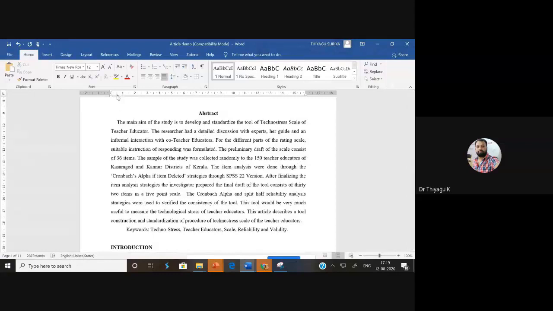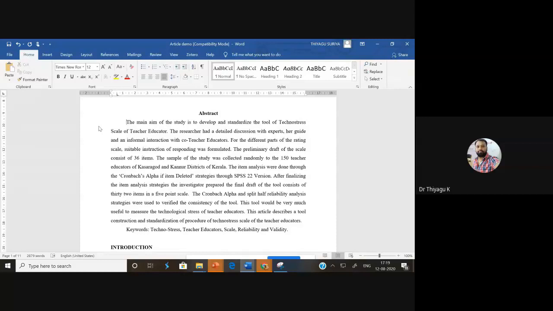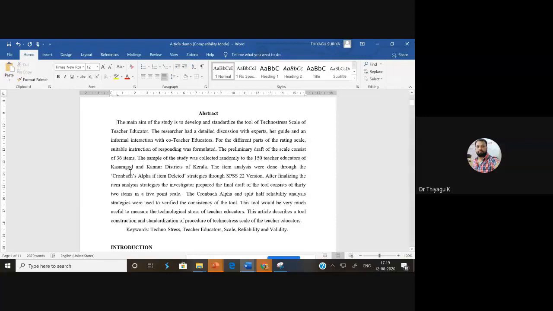Yeah. So now this is the cursor. It will be here. If I give the tab, see here, the tab comes correctly. So only one tab is enough. If you give two tabs, the default comes 0.5 each. But according to APA, the focus is only 0.5 or 5 times space. Each space is called 0.1 centimeter. So then you can adopt this one. So 0.5 centimeter, not inches, 0.5 centimeter.